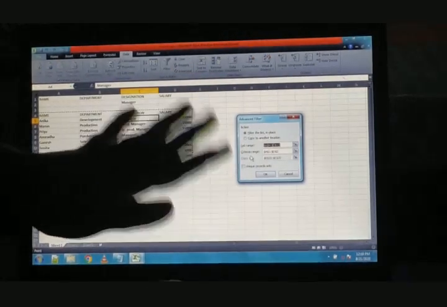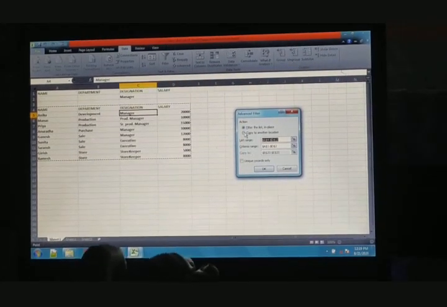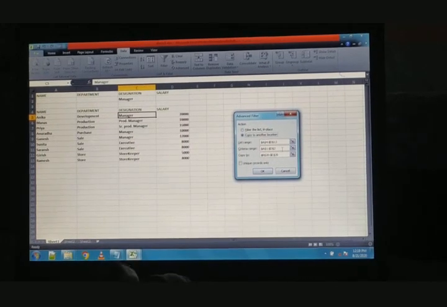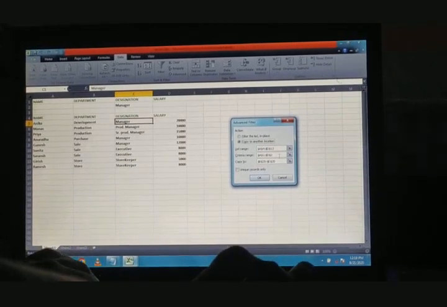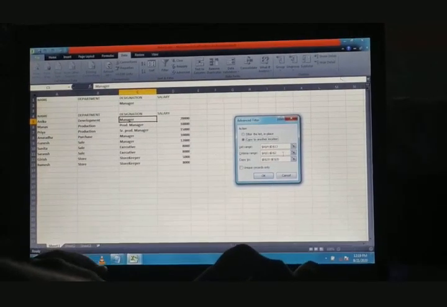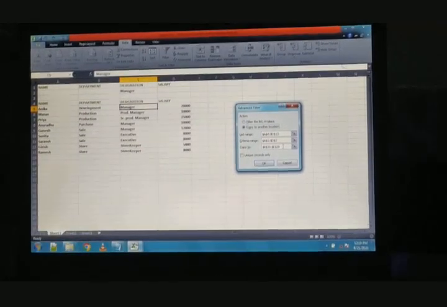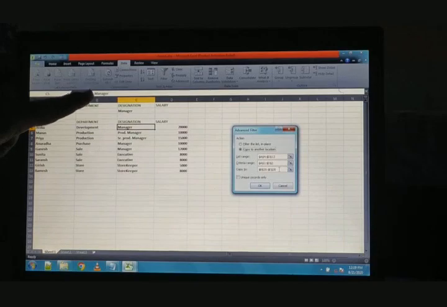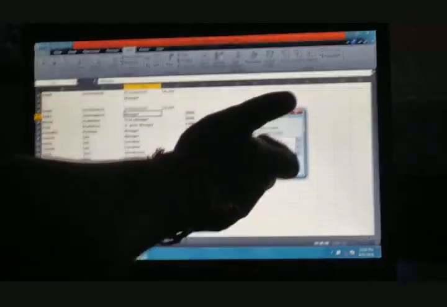The list range automatically comes. We have to select the radio button for Copy to another location. I have selected this. Now for the criteria range, I have to give $A$1:$D$2. After that we have to show this filtered record from B20 to E20, so I give the absolute address $B$20:$E$20. Now I click OK.